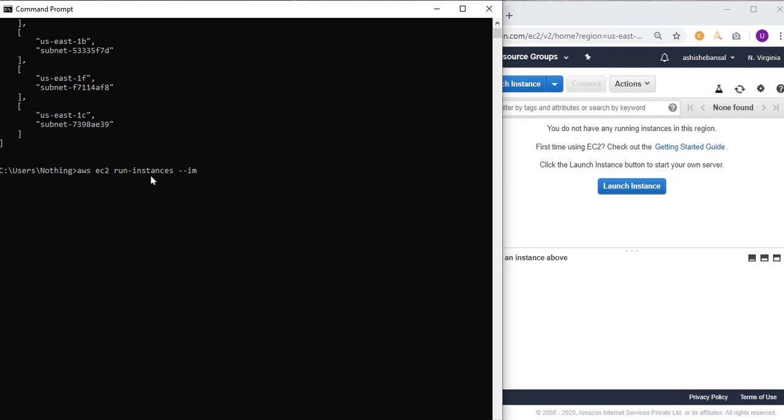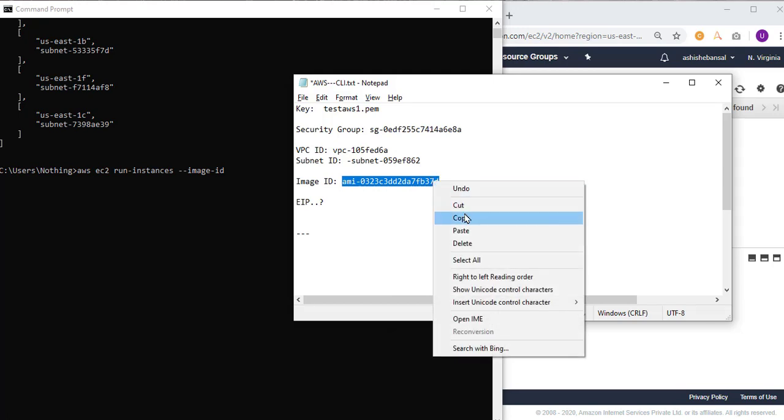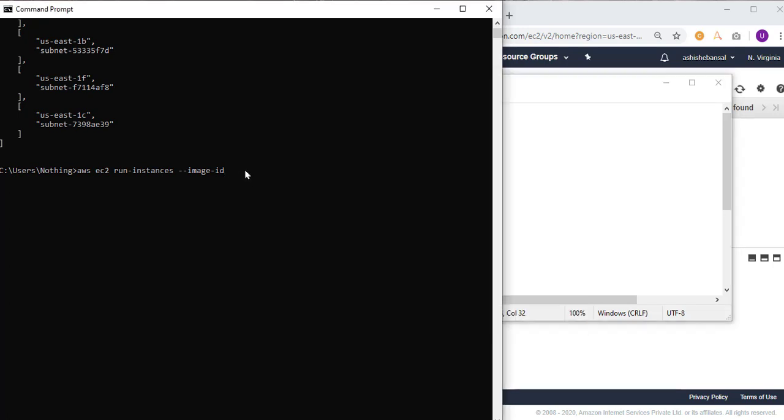Then you will provide it the image ID that we have got. Now you have the flag for count, which you can actually use to decide the number of instances that you're trying to run. So let me select it as 2.